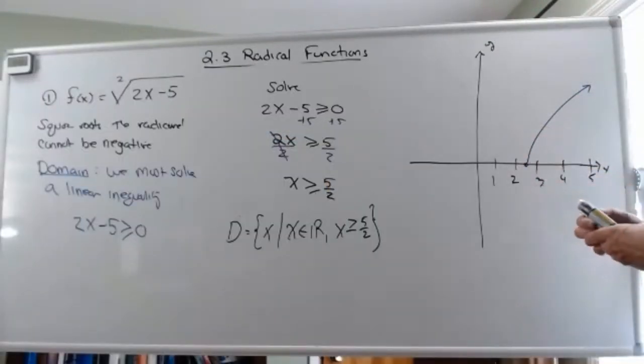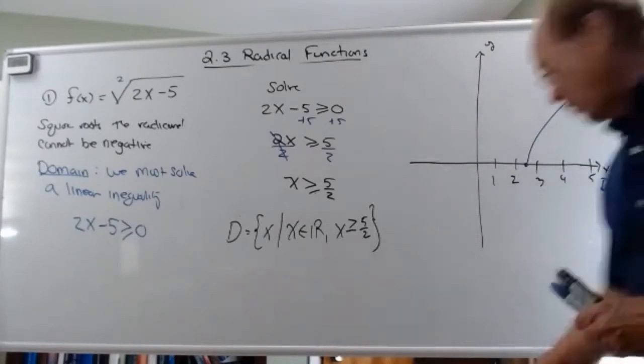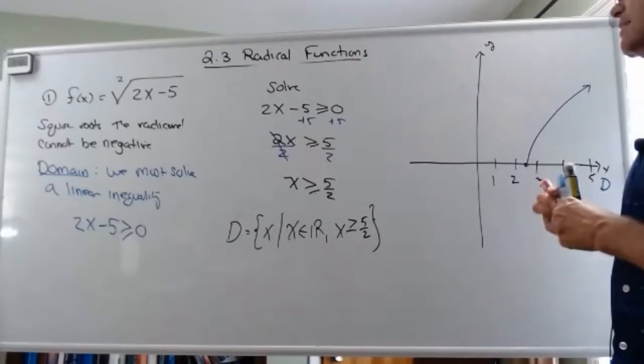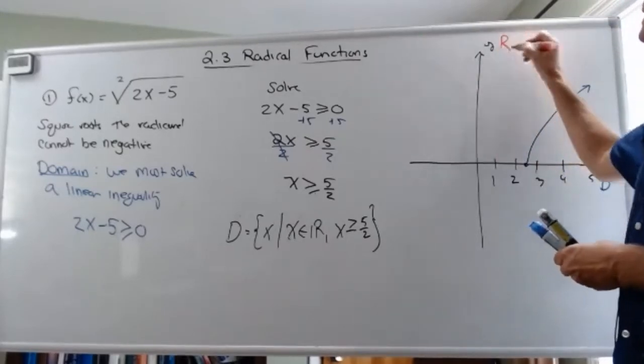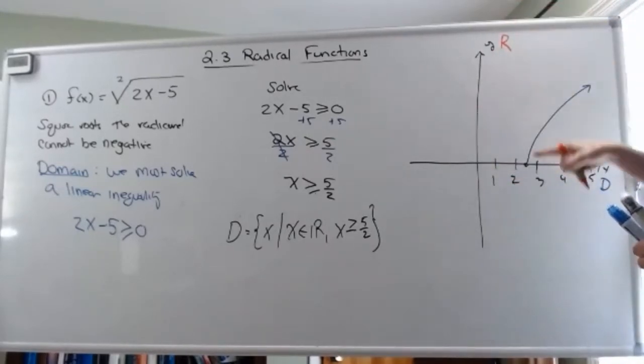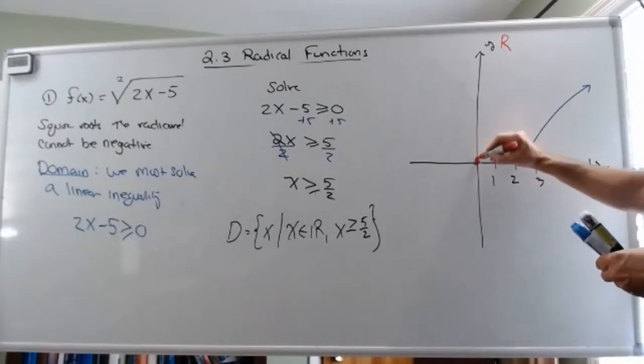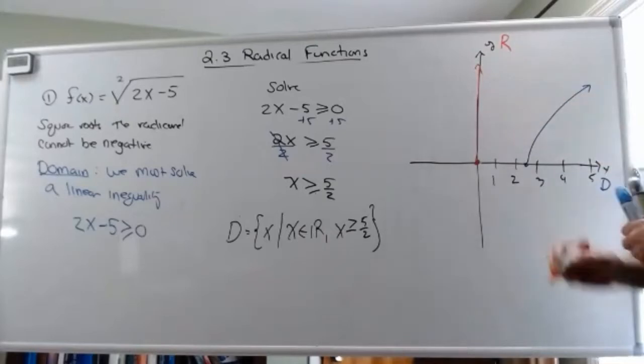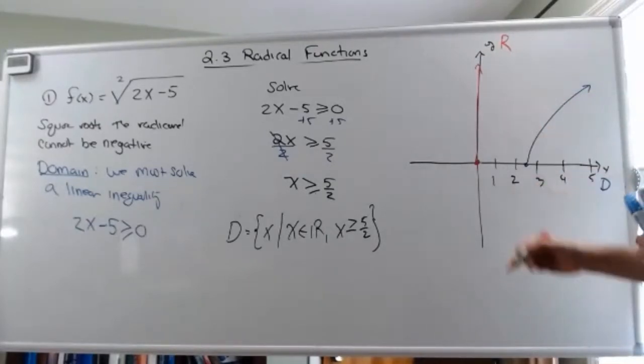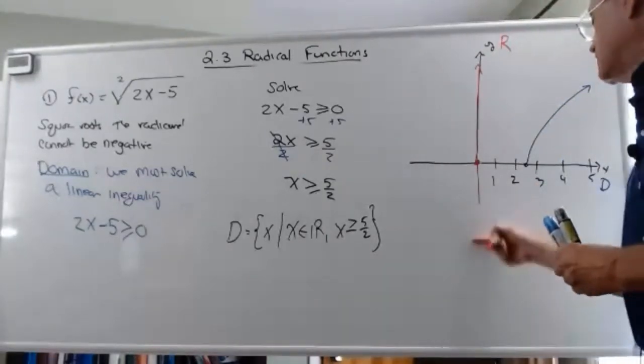But again, the domain is on the x value. That's where the domain is. And the range is all about the y values. Now you can see the output over here starts at 0 and includes 0 and goes to everything greater than 0. So for this one, the range, by looking at the graph,